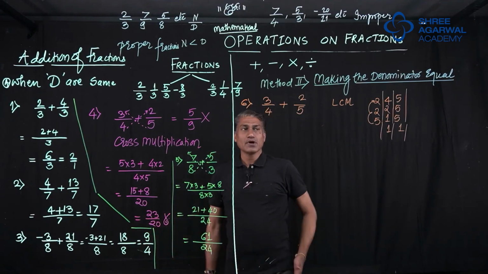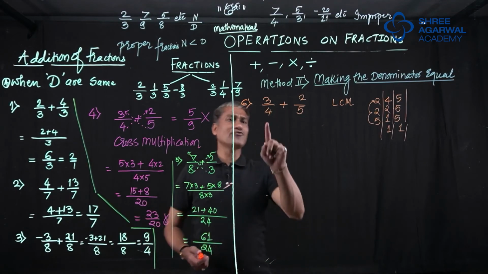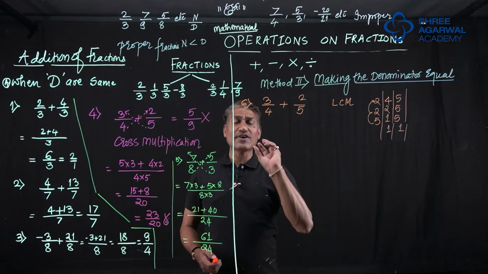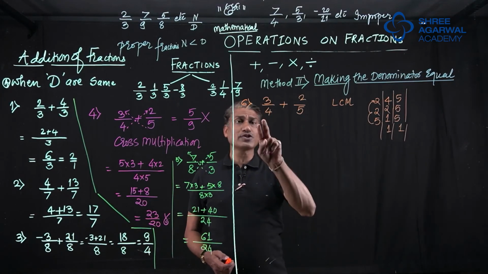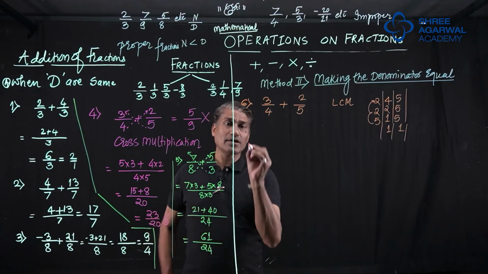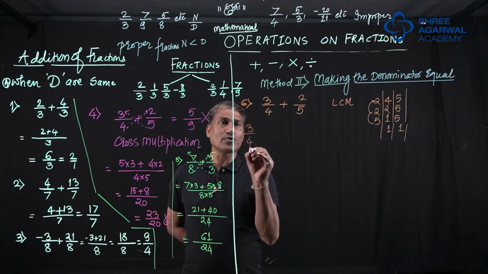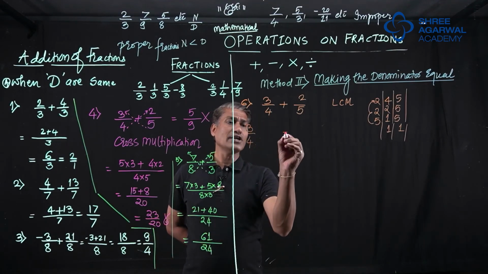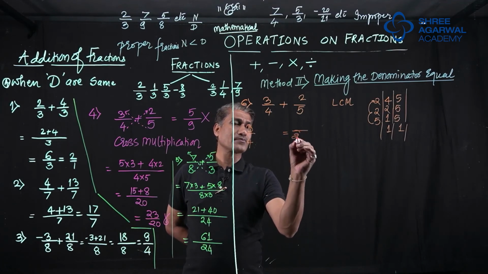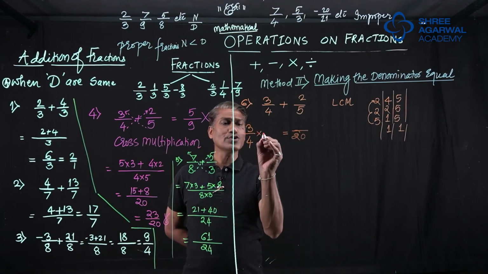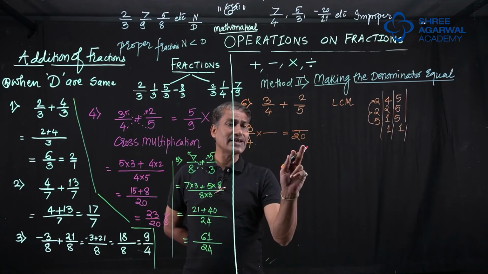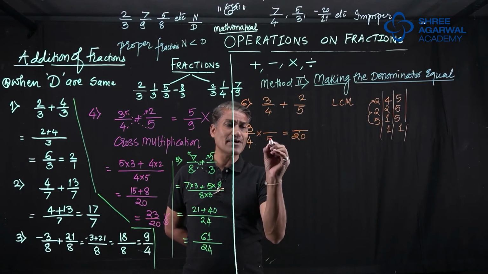Okay. So as I told you, the LCM of 4 and 5 is 20. It means we have to make the denominators 20 of both the fractions. Now how to do that? Let us take this number 3 upon 4. The denominator has to be 20. So what should you do to this 4 to make it 20? I think 4 has to be multiplied by 5.